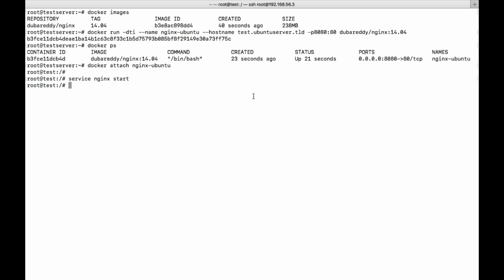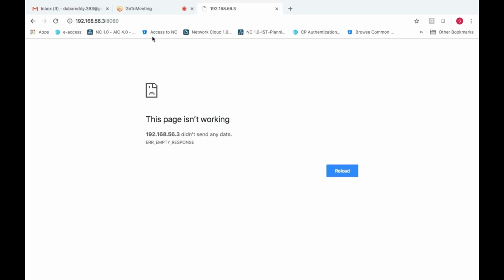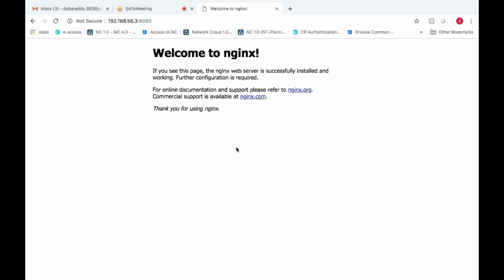Now if we try to refresh, it's working. So I didn't do anything in my container, right? I have created a container, installed whatever is required to run nginx, and after that I converted that particular container into an image. So I deleted all the containers which I had previously and the base image, everything I deleted.